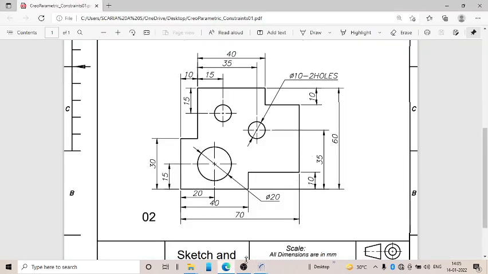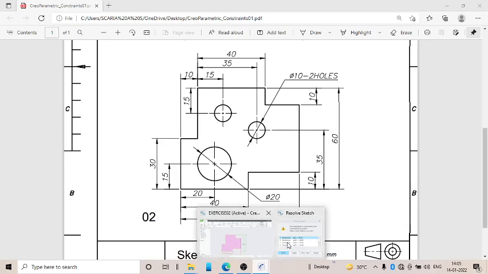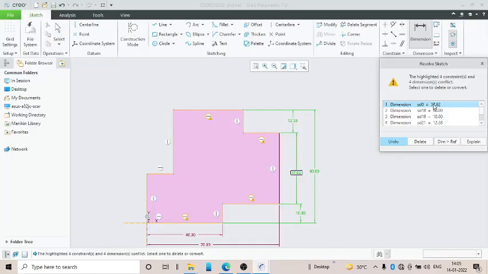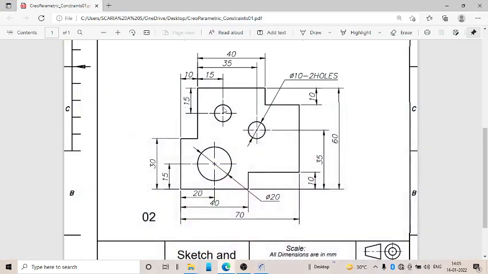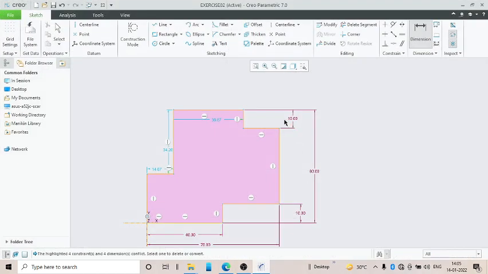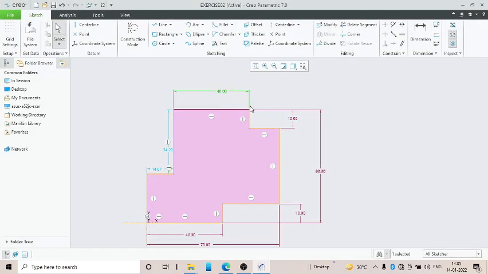So I will delete this 37.62, and I will enter the value 10 here. Okay. Now next, from here to here it is 40. So let us define the dimension here. It's 40. Okay.